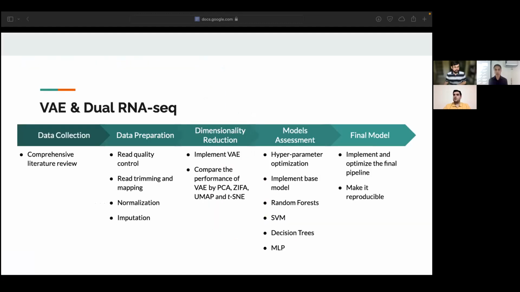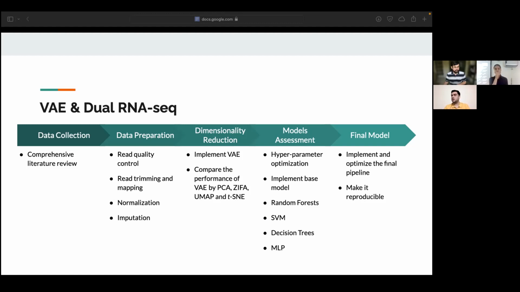And this is the workflow for our project. By now we have already collected our data through a comparative literature review, and then we performed the data preparation task, which was converting raw sequence reads to count matrices, and it's mainly a bioinformatic task. And now we have to implement the variational autoencoders and other dimensionality reduction algorithms,